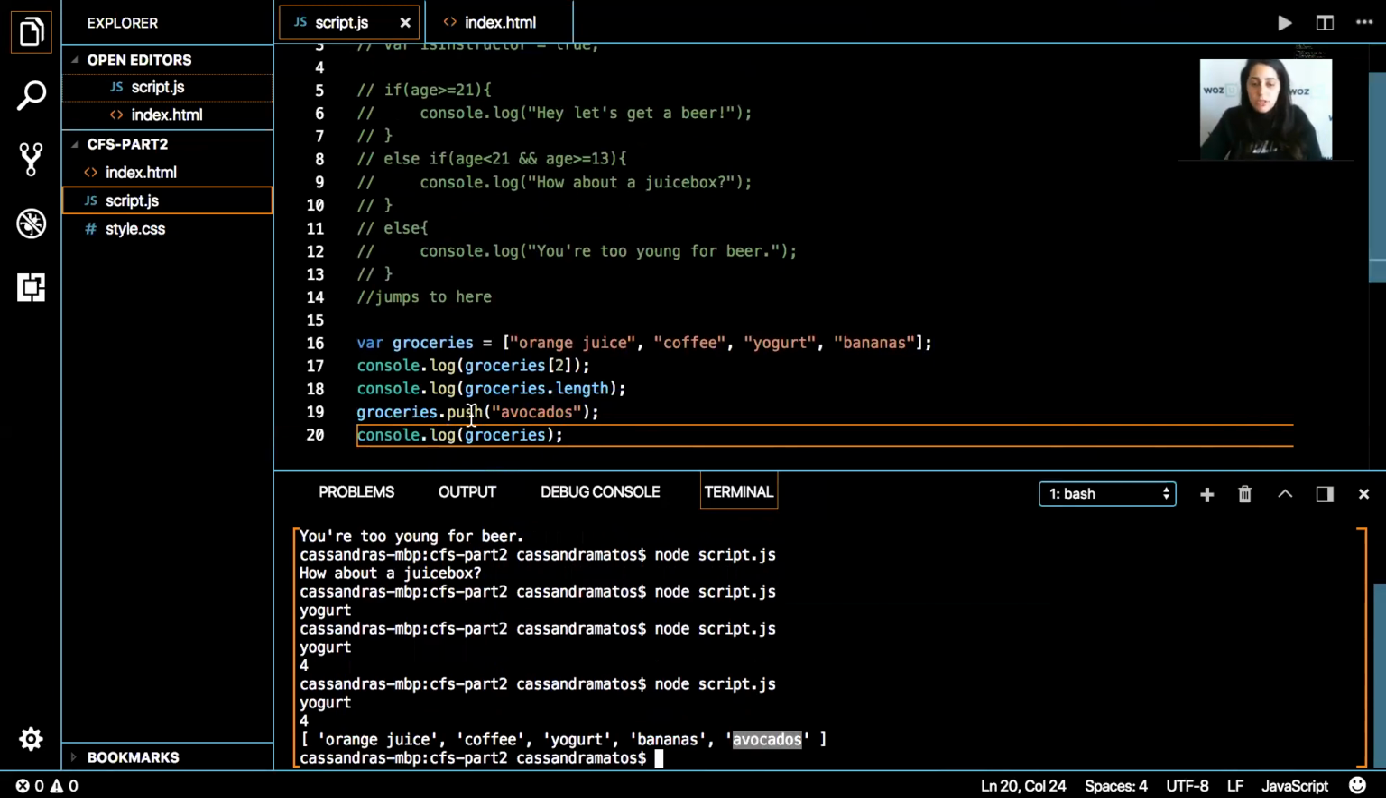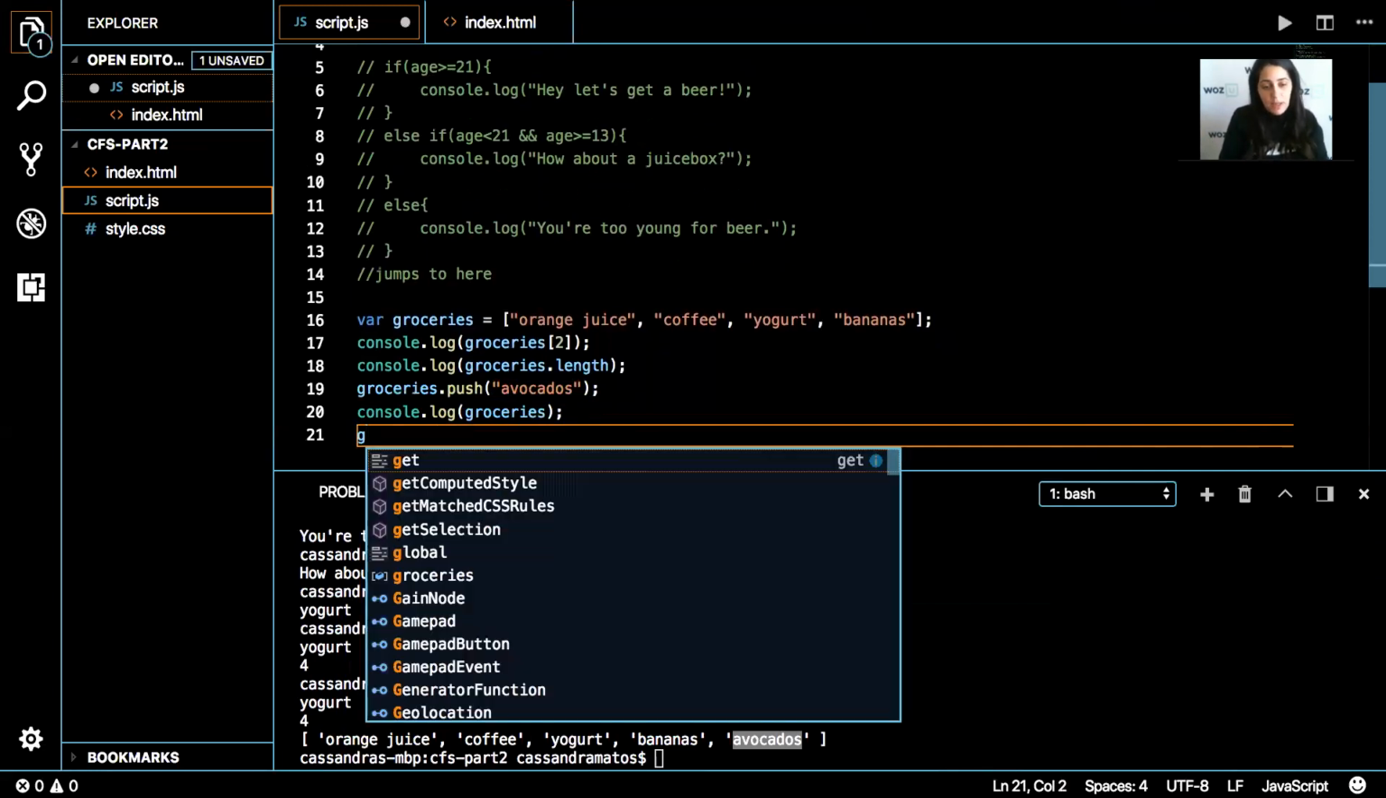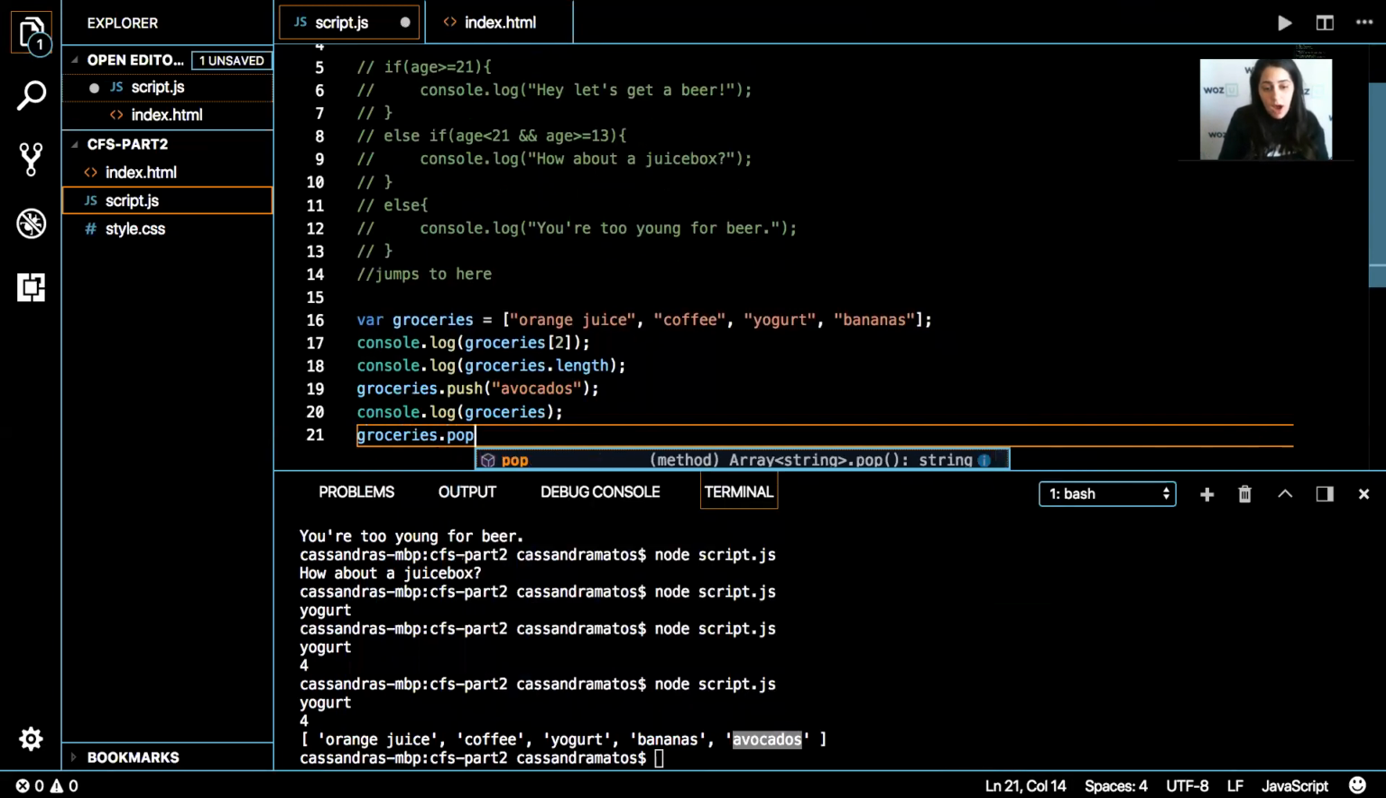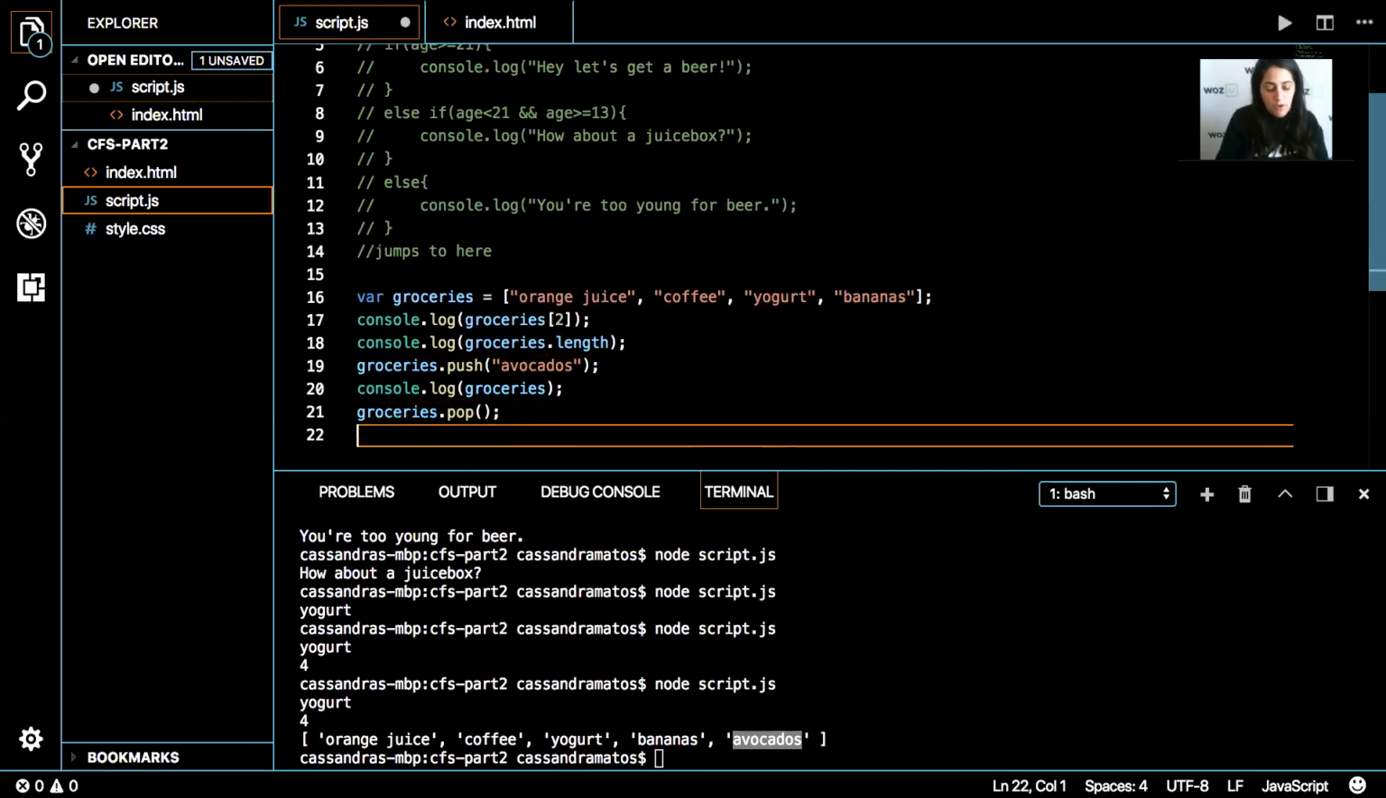One thing I want to point out with the dot push method is it's going to push it at the end of the array. Always, always, always is going to be put at the end of the array. And conversely to that, we have the dot pop method. Dot pop, you cannot specify what you want to remove. Dot pop is always going to remove just the last item on the list. So if I do dot pop, it's going to remove the last item on the list, which is avocados, since we just added that. So if I were to console.log groceries,